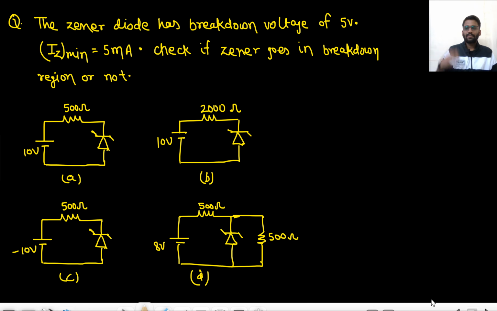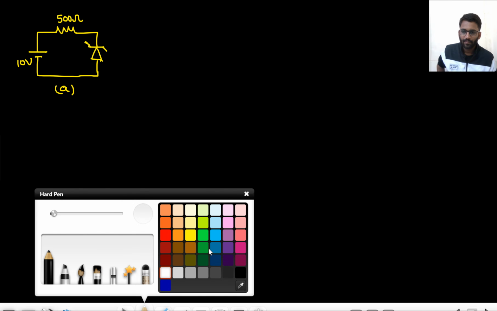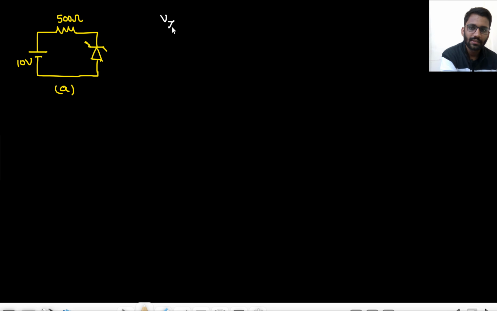Okay, now let's solve this question. The Zener diode has a breakdown voltage of 5 volt. Iz minimum is 5 milliampere. Check if the Zener goes in breakdown region or not. Okay, Vz is 5 volt and Iz minimum is 5 milliampere. So let's take the first circuit. You have to remember two things, that is Vz is equal to 5 volt and Iz minimum is 5 milliampere,